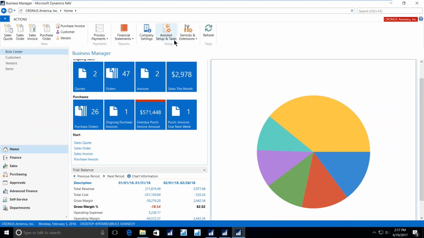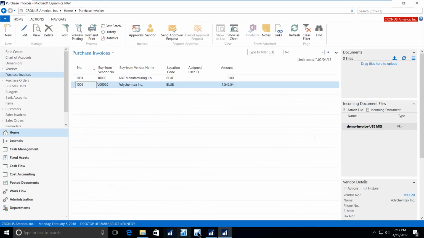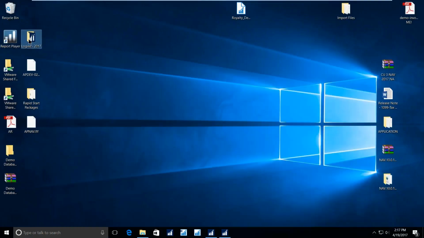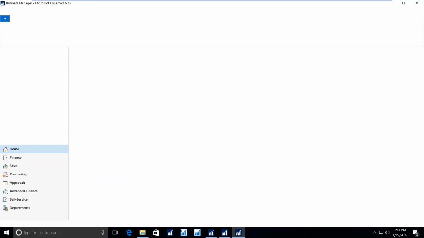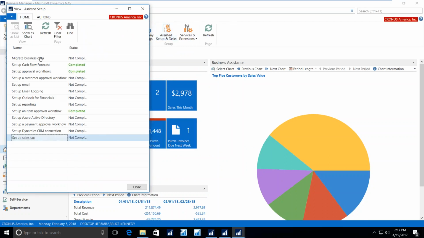For example, if I go to assisted setup and tasks, let me open that up. Assisted setup and tasks. This is now giving me a list of areas that can be established, such as setting